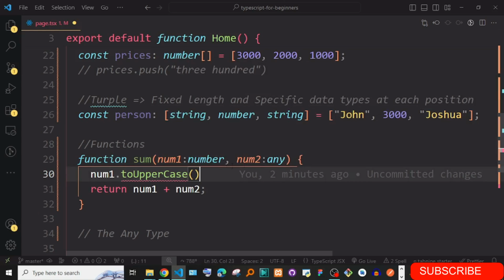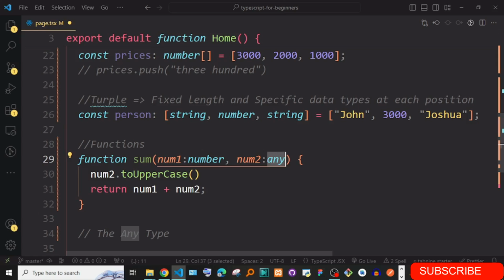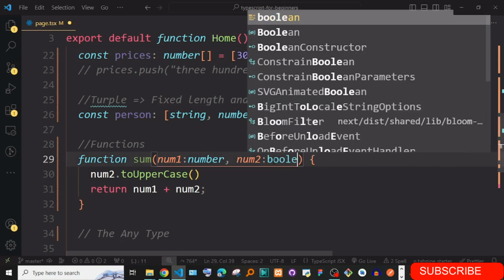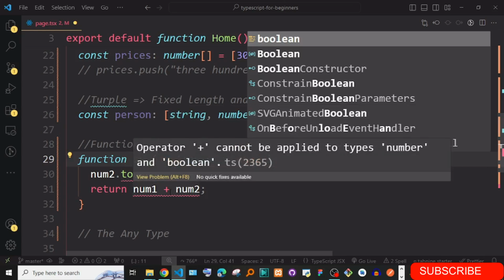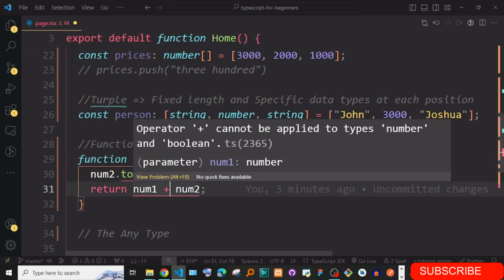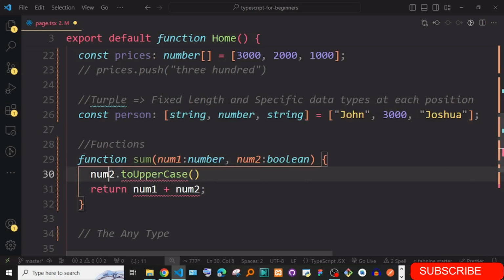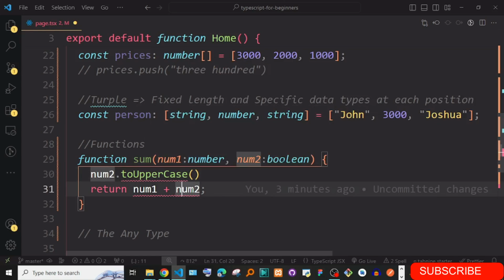The same thing with any2. If I change this to any2, since any goes, it is going to allow anything. But if I say maybe this one is a boolean, they will tell you. You can even see the addition here, they captured. They're like, you can't do this. Are you trying to add a number with a boolean? So they will capture all these errors automatically for you, and you don't have to wait until you reach production.